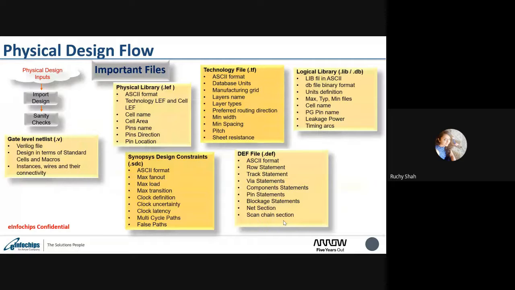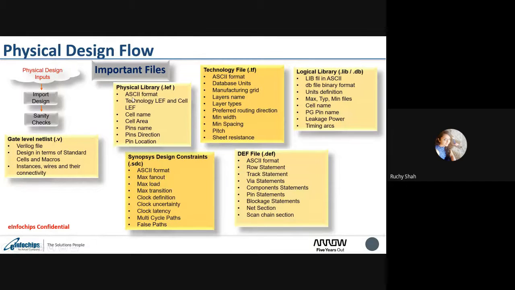So moving forward, I would very briefly explain some of the files here. There are lots of files. I cannot explain all the files, but the major ones I will explain here. So first, gate level netlist. It is nothing but your synthesized RTL. It means your RTL is now converted in terms of standard cells, right? Then coming to the physical library, which is LEF files, I will talk about the Cadence tools. Then we call it a LEF file.